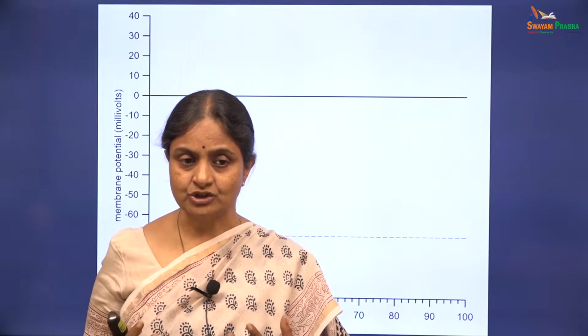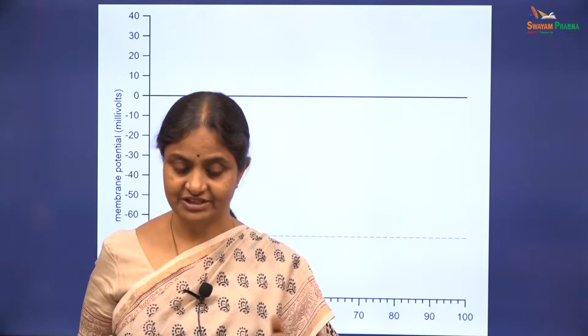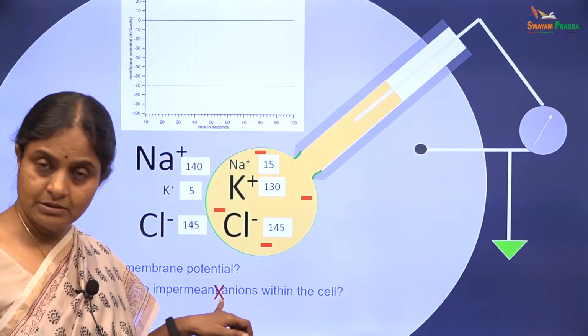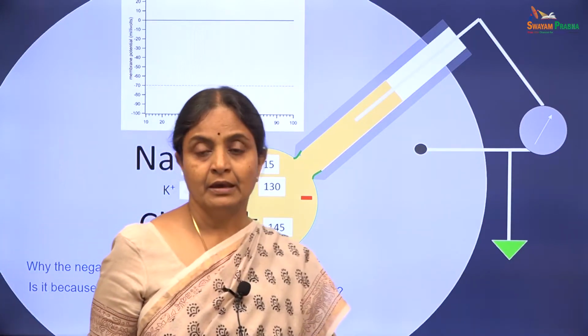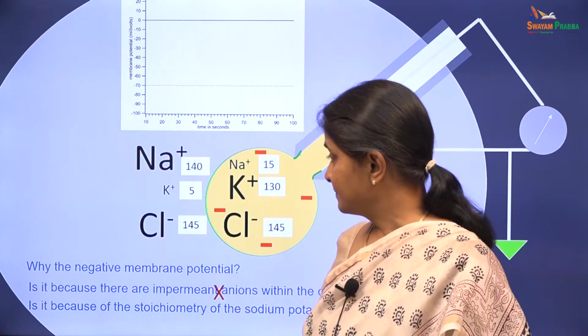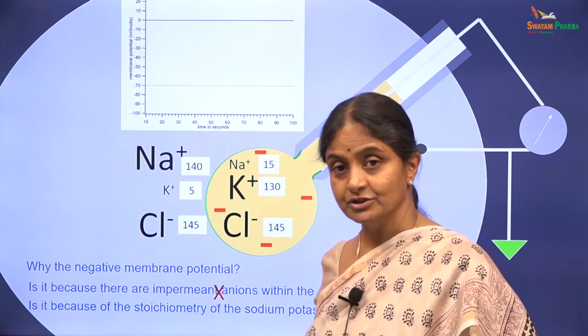So, it looks like it is not an anion excess, but rather a cation deficit. So, that answer, I argue with the students, is not a correct answer. The next popular answer that I get is that the internal negativity is due to the stoichiometry of the sodium-potassium